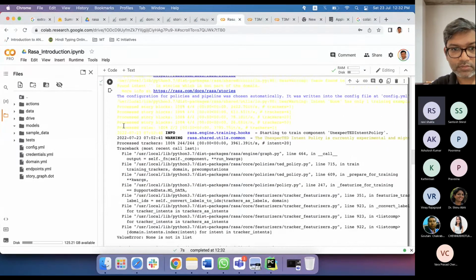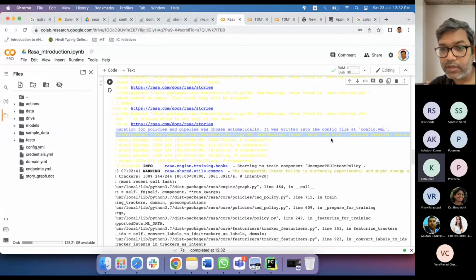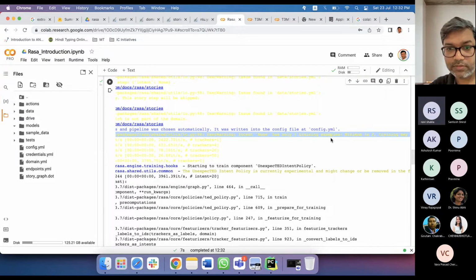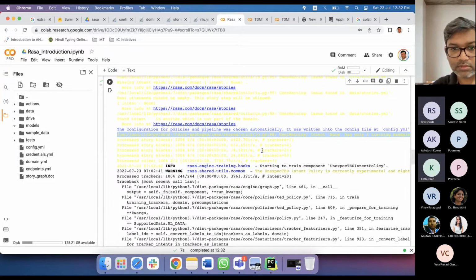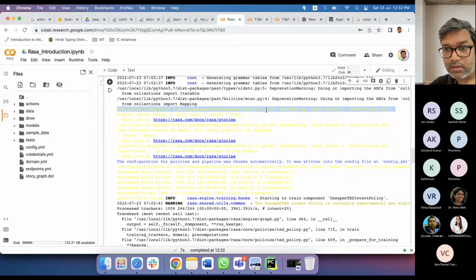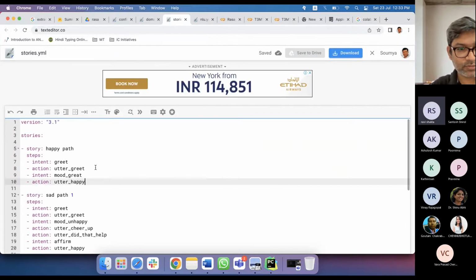Kartiresh and Pravina, are you able to do this? Intent none has only one training example. Minimum is 2. So we need to give 2 examples. Yes, sir. And there was an issue with this which I deleted lately in the stories.yml. Yeah, I think intent none should be there.